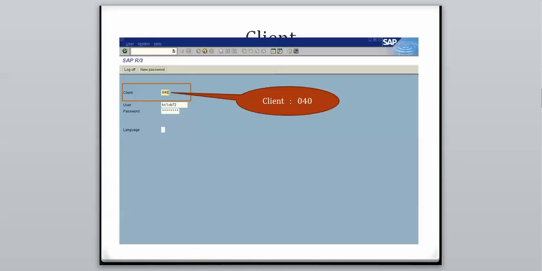And if you can notice, there is something called client, which is nothing but the instance number on a particular application. So every time you get a username and password for SAP, you will get a client for which this username and password is being set up. You can't have a username and password for client 40 and try logging in to client 100. That may not work, or that will never work unless you have been extended to that particular client.